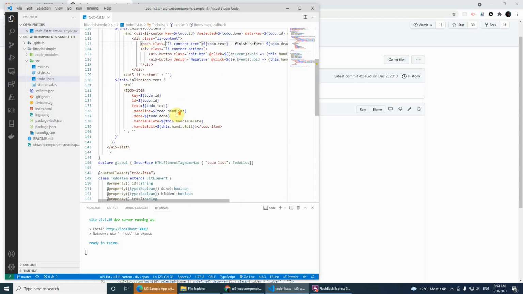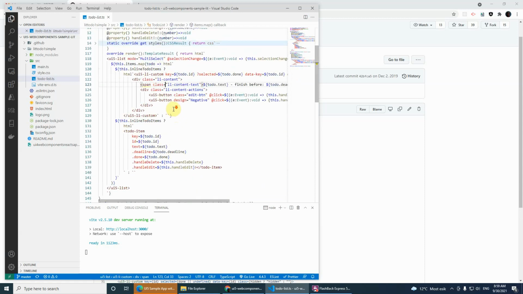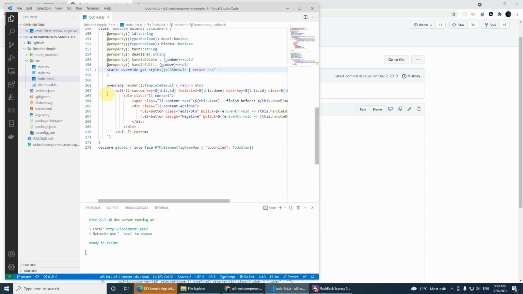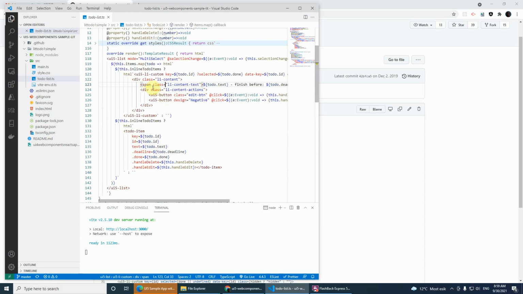So then the tricky behavior is when these UI5 li custom elements are imported, included directly here, and then